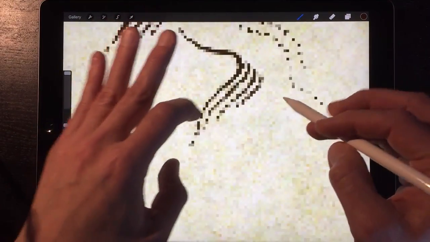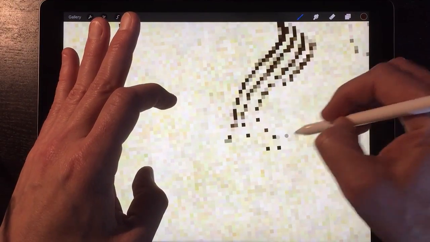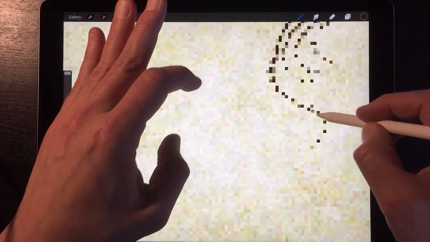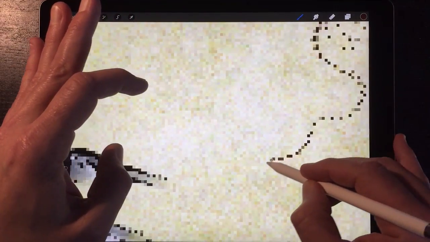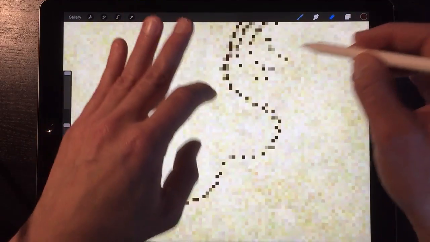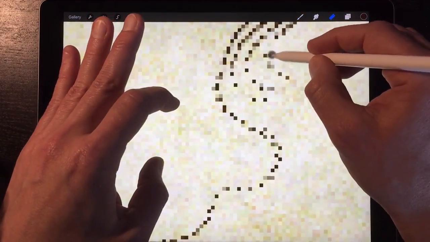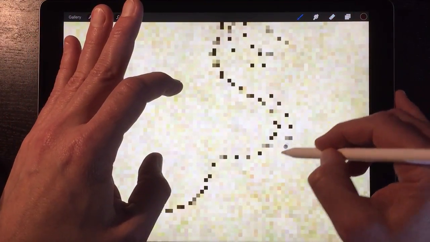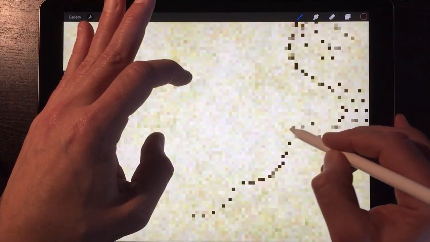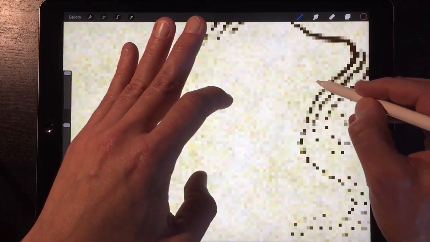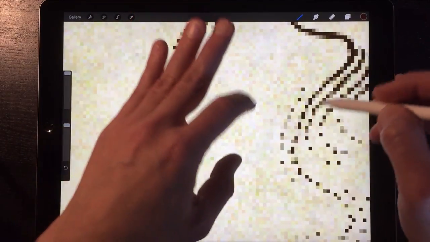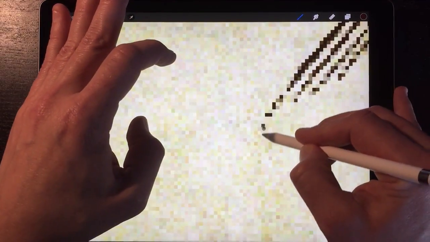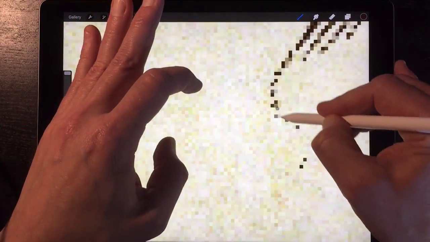I have maybe lines coming off of it like this, and this line coming out like that. I'm just sort of letting it wander where it will. If I make it look a little ugly, I can touch it up a little bit. And I'm putting a lot of little parallels in here, so I'll have like a parallel, something flowing along like this. I'm going to leave the top of the dune relatively clear of ink marks because I want to highlight that, but I'm coming off of the dune with my flowing lines of sand